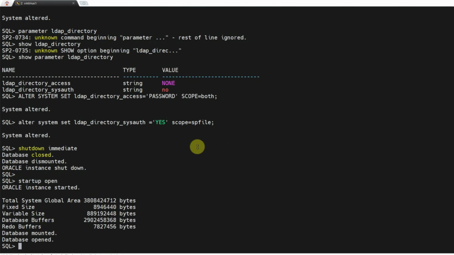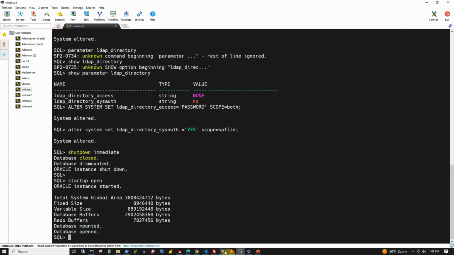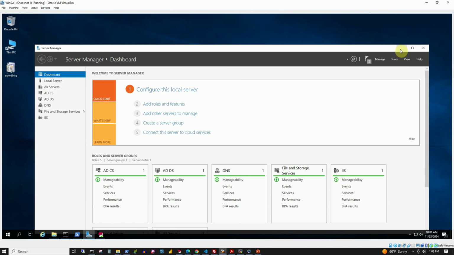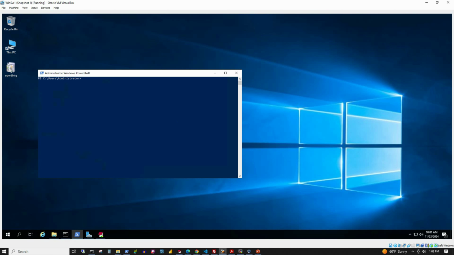And the database has been bounced. Now a few of the remaining steps we have to do in the domain controller server. So let's go back to the domain controller, minimize the command prompt and the server manager, and bring up our PowerShell. And here I am going to create a user,